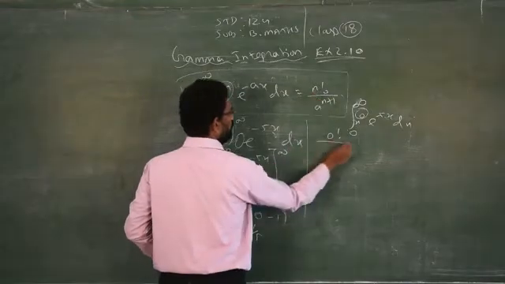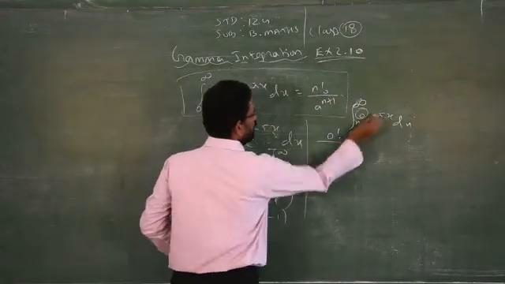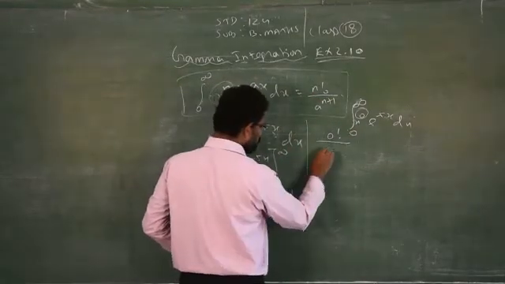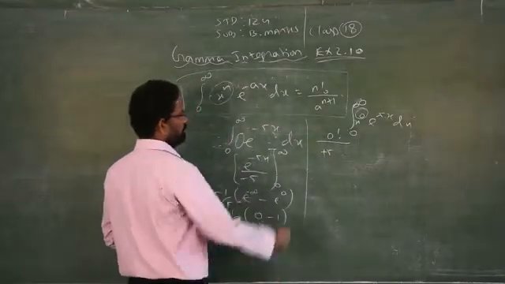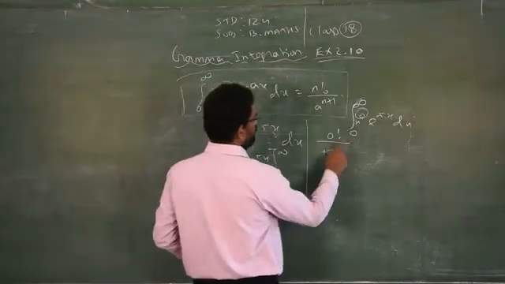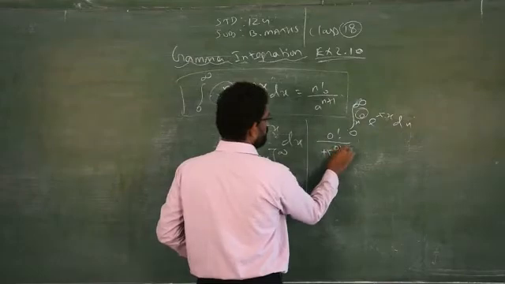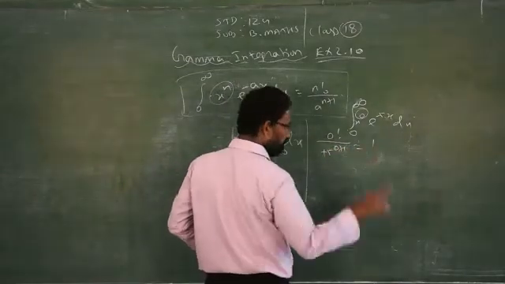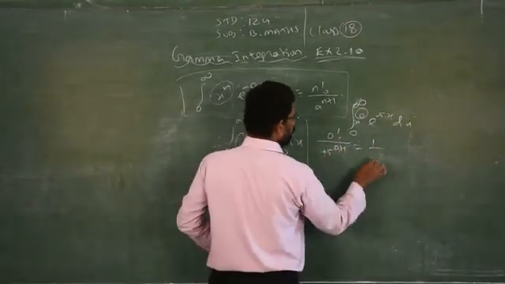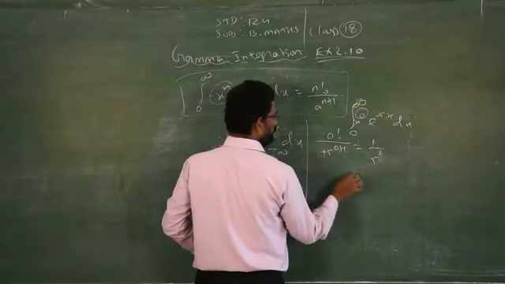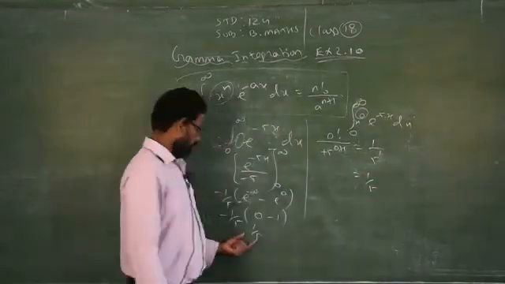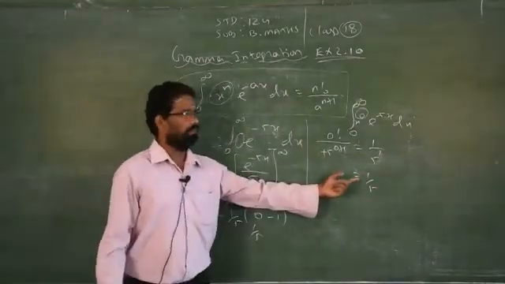I am applying this formula. 0 factorial. What is your a? Minus 5. You should not take minus 5. You can take only positive because there is no minus. So 5 power, what is your n? 0 plus 1. So 0 factorial is 1, that you know already. Then 5 power 0 plus 1, 5 power 1. So answer is what? 1 by 5. See? Both are the same.